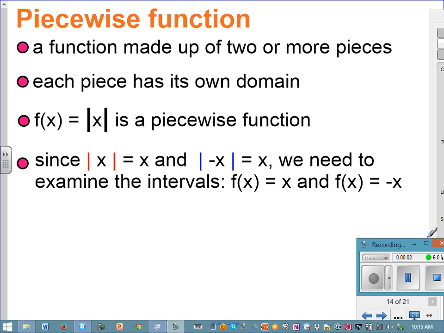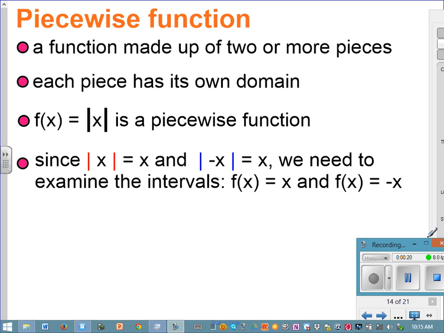So in the second part of 7.2, we're going to look at how to write functions as a piecewise function. And this is probably the most important thing that you can take away from 7.2, because the piecewise function will be used in section 7.3 to solve equations. So you've seen in all of the graphing that we did that a function is made up of two or